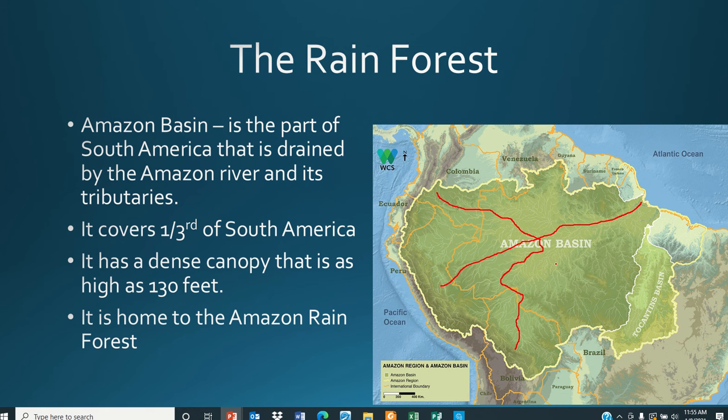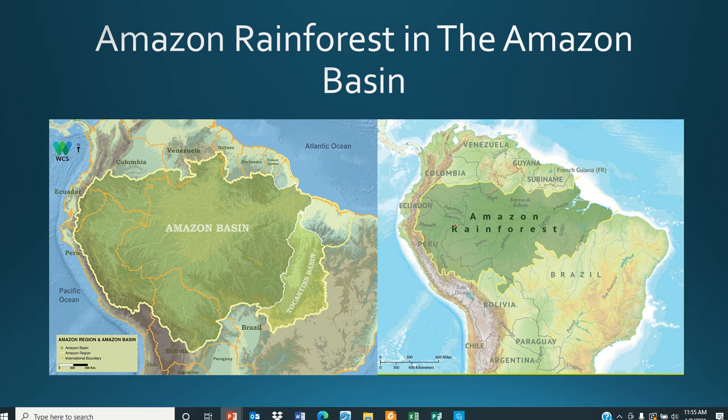I'm gonna show you one more slide here with this, and look, here's the Amazon basin. Here's the Amazon rainforest. This section is the actual forest. So what I want to do is I'm gonna kind of just draw this.